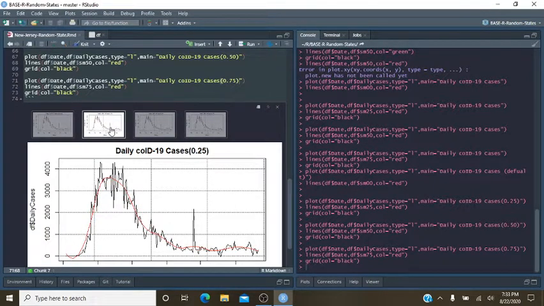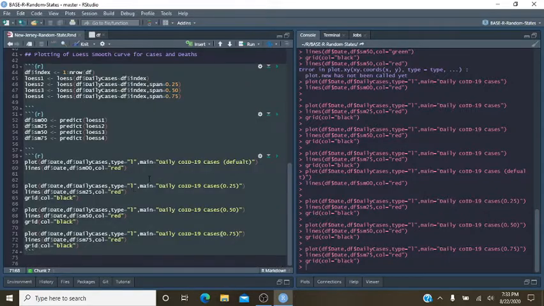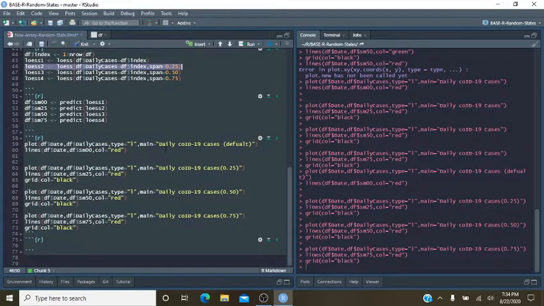I personally prefer the 0.25. I think it fits the data just a little better, and there's not as much data below the line as before. So there's no point in then repeating the whole thing.